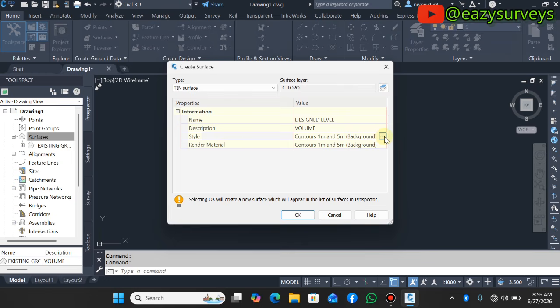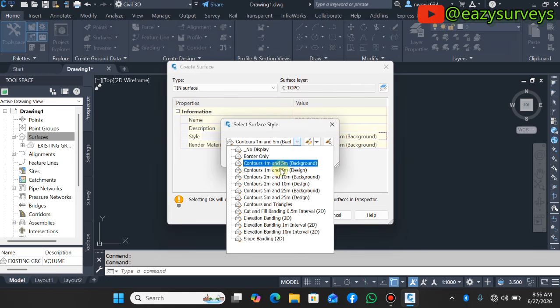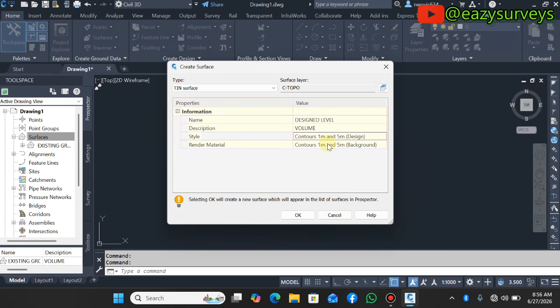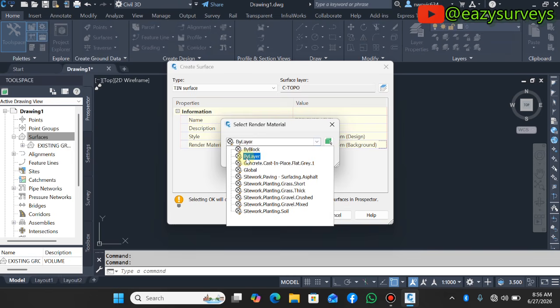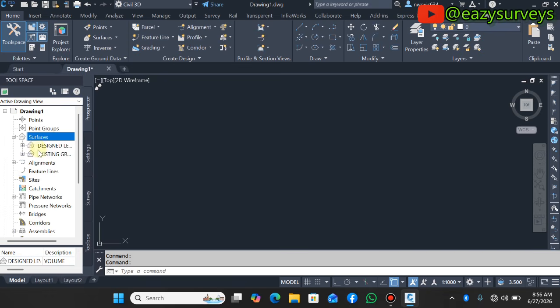Then for this particular style, click on the three dotted icon, click on the drop down, then you make it designed, right? Choose designed, then you click on OK, and here you can click on the three dotted icon, then make it by layer as well, and OK. So do we get that? Then click on OK at the end. So those are the first two things you are meant to do to create your surfaces for your design level